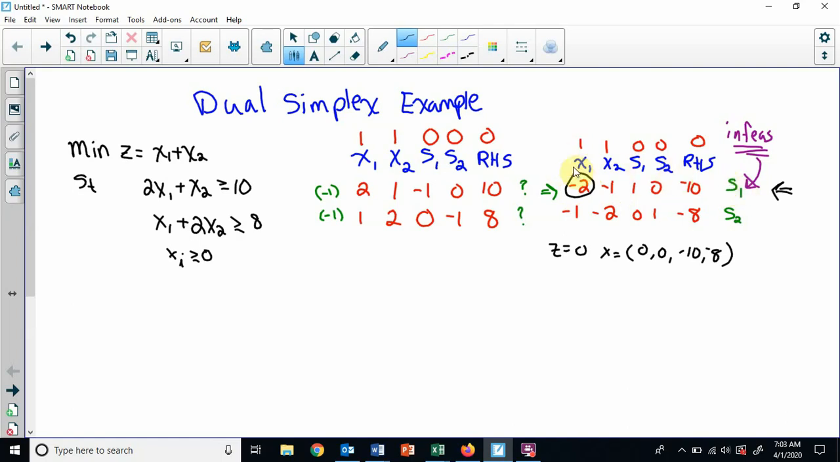Who's going to enter? x1. Alright. So let's do our pivot, hopefully without any mistakes. x1, x2, slack 1, slack 2, right hand side. Okay, let's see. So I'm going to need to multiply through by negative 1/2 to get this to be a